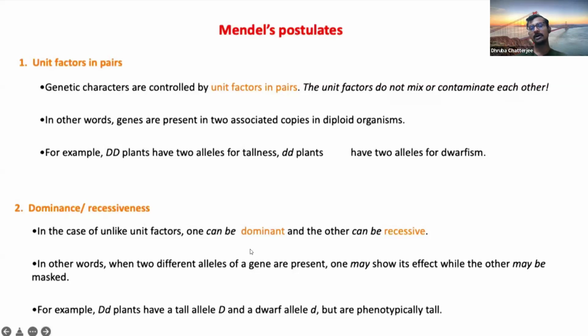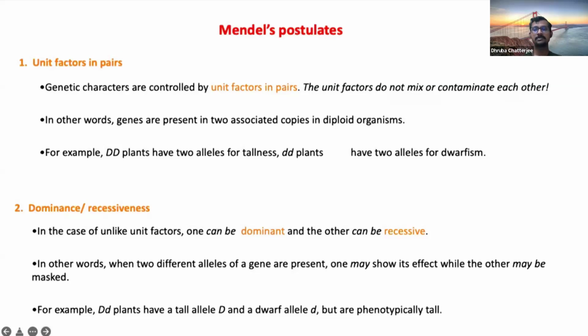is this: the organism is diploid, right? That means it has a pair of homologous chromosomes, that is, two chromosomes. For each particular chromosome, it has two copies. That means at a certain position of each chromosome, that is at each locus, it will have two copies of a particular gene. Now, these two copies can be identical, or they may not be identical. If they are not identical, that is, at one particular locus there are two different alleles, that is two different variants of the single gene,